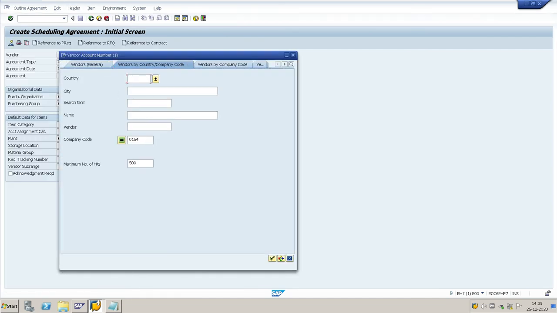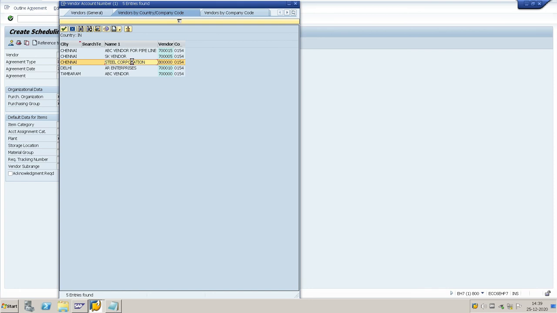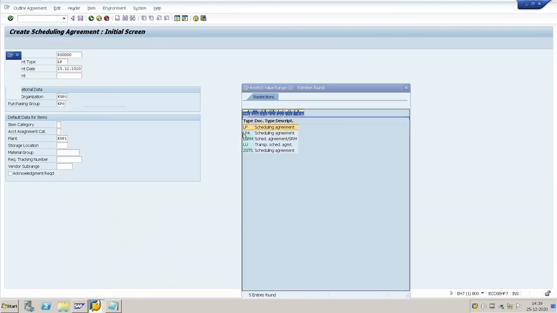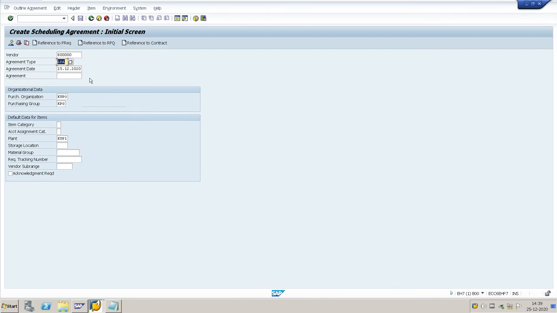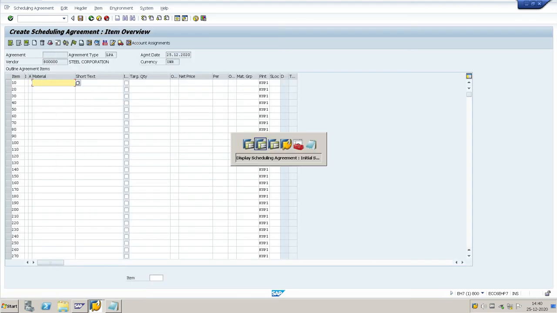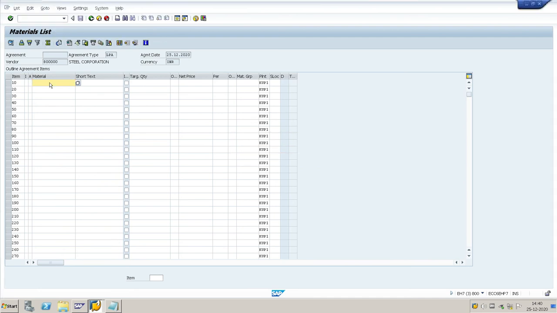Select the vendor, document type LPA, with release documentation. Now purchase organization, purchasing group, vendor, validity. Here we can enter the material manually.